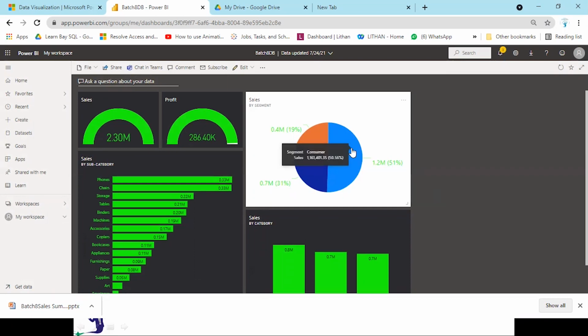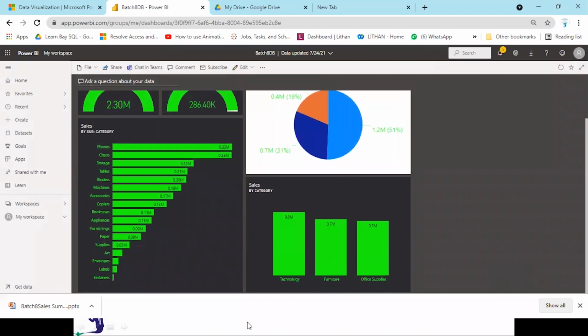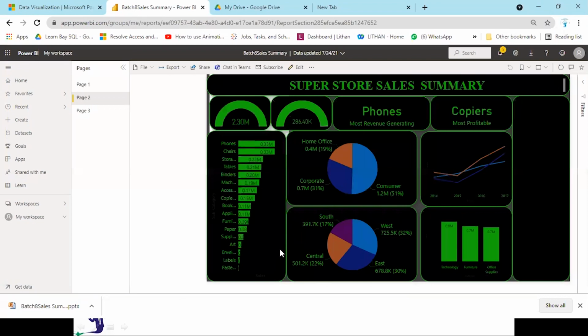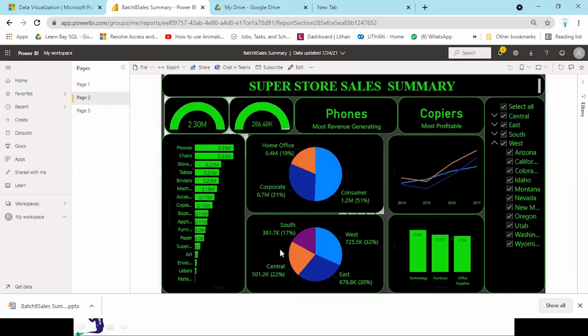Now, what will happen if I click on consumer, or what should happen if I click on technology? Any idea what will happen if I click on technology? Tell me, what have you observed till now in Power BI? The visuals will show according to technology, the subcategories for technology. All the visuals will be displaying the details only of technology. So let me click on technology and see what happens. I have been moved to the report from where we have taken this visual.